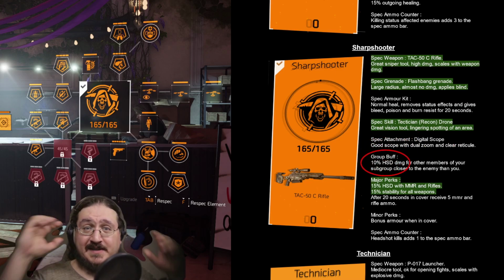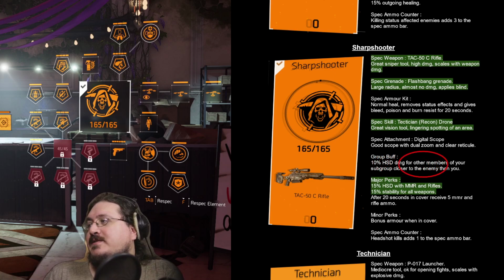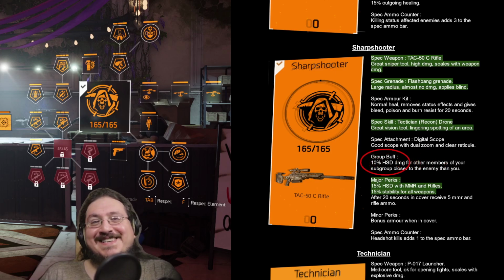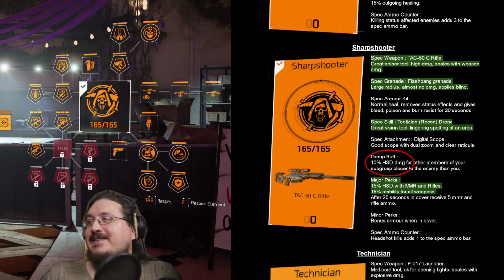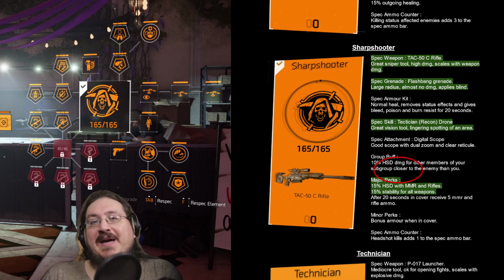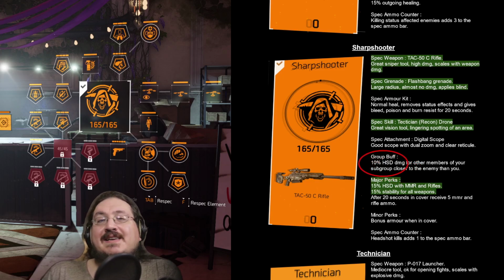One of the lesser parts of this, likely the weakest group buff of all, is this 10% headshot damage for the other members of your subgroup. This again is subgroup related, as are all the group buffs of the initial tree, and it is for if they are closer to an enemy than you. Now, this does happen a lot just because of how the layout works. It's not even just having to stay in the back, but if you go into a big room and 2 people go to the left, 2 people go to the right, the people on the left are closer to the enemies on the left, they will have this bonus. But it is such a small bonus of also only just 10% headshot